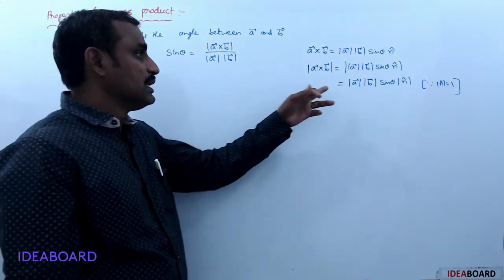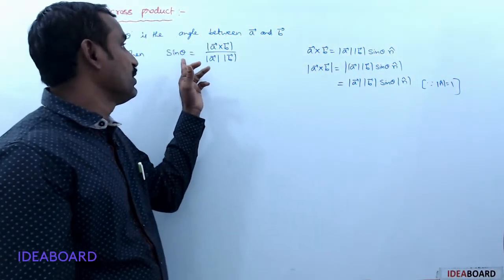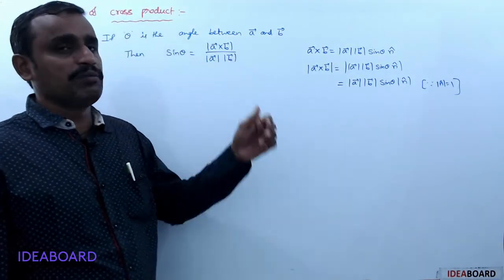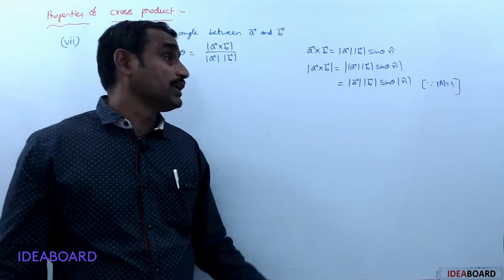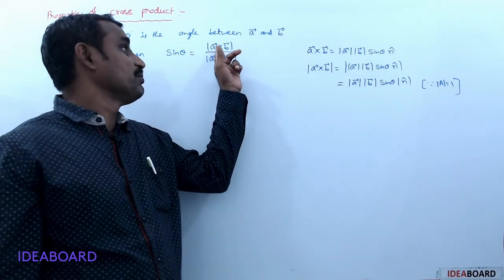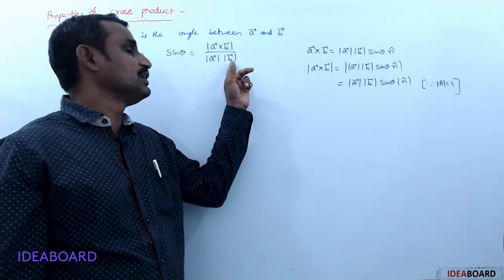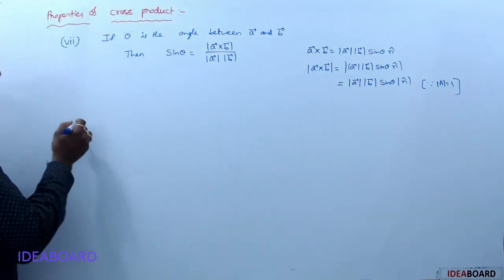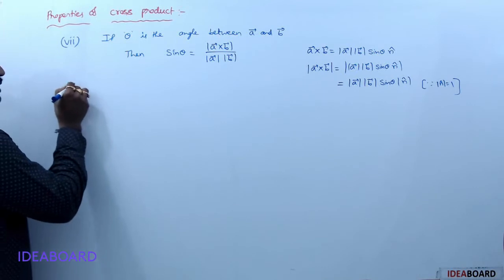So from this sin theta formula you can evaluate. Now this is one of the formulas, the most important one. Magnitude is compulsory for the numerator as well as the denominator vectors also. So now next, property number 8,